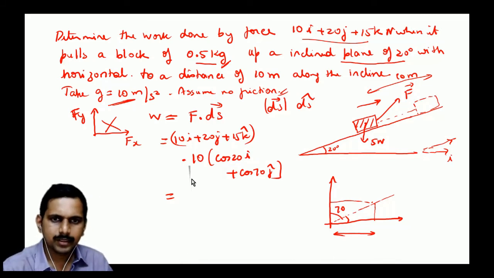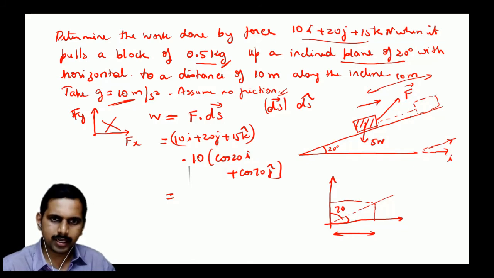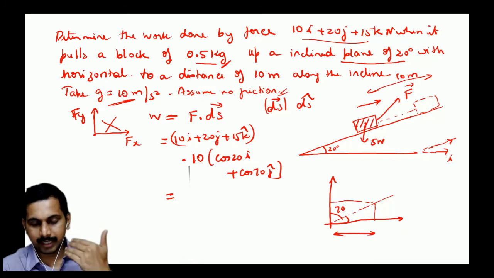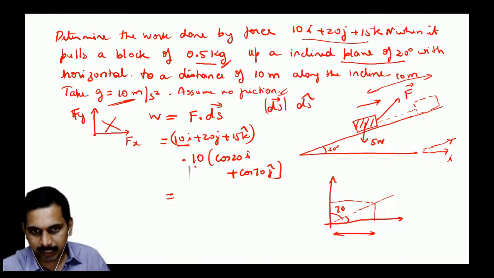9.3i plus. Wrong. Gone, Kritika, because work is not a vector. When you say i, you are gone there itself. It is not a vector. See, when you say something, then only you will learn. What happens? It is 10 into 10 cos 20, so 100 cos 20. No i here.